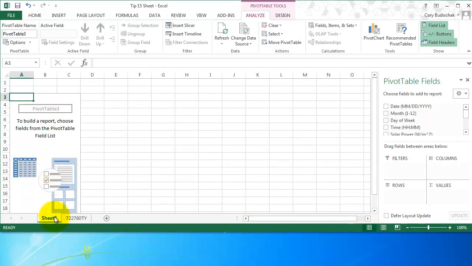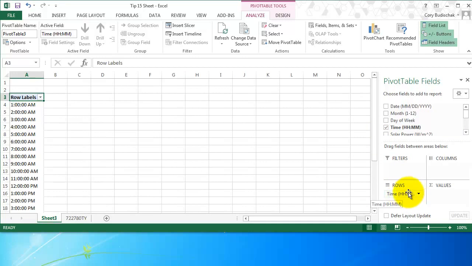So now it creates a pivot table in a new sheet. And so pivot tables, we're going to focus on rows and values for the beginning of this pivot table. Pivot tables basically summarize data for you. Let me give you an example. Let's say I wanted to know the temperature trend for the time of the day. So let's put in our rows the time of the day, and then let's put the temperature in Fahrenheit for